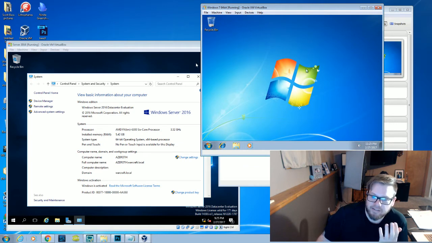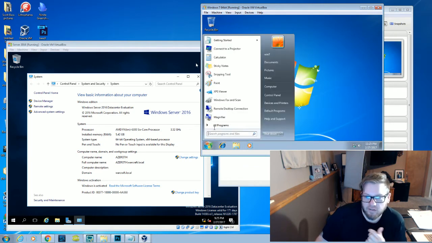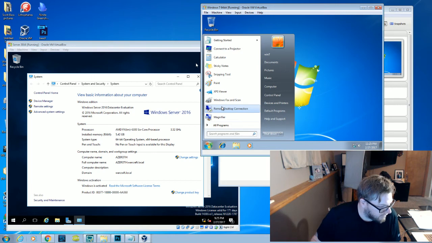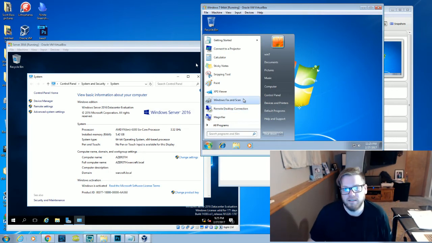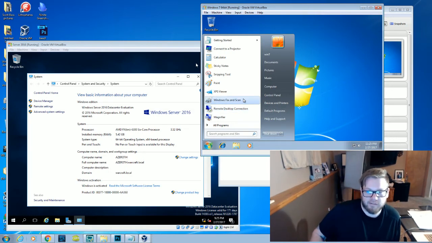I mean, it's fairly easy to do either way. It just takes a long time to do. Capturing WIMs is really easy, especially with Hyper-V. Hyper-V makes it really, really easy to capture WIMs.